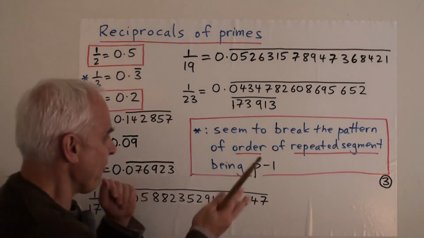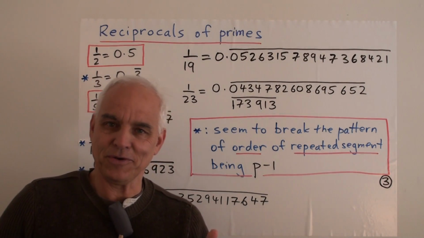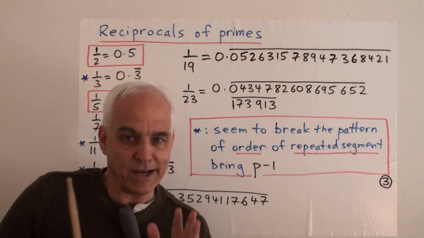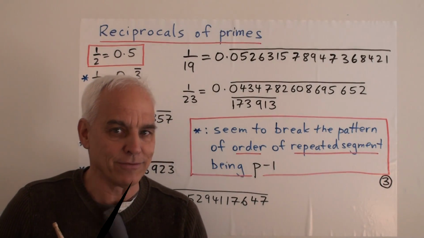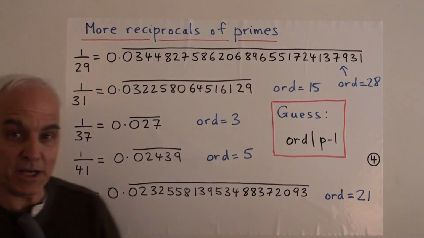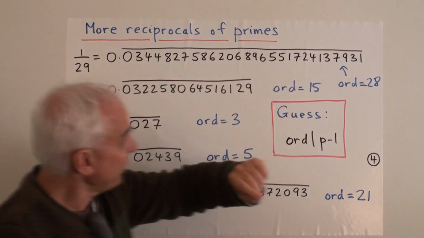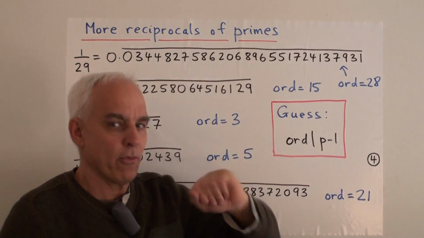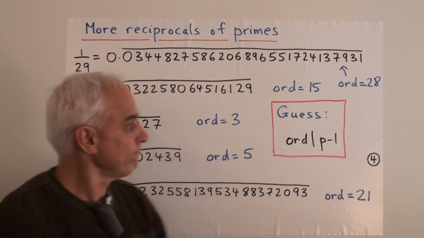Okay, so there's something of a pattern here, but it's not entirely clear how to predict the length of a reciprocal of a prime, although we have a kind of an orientation as to how it might go, or what the major possibilities are. All right, so let's have a look at some more data. Obvious thing to do. So if we look at 1/29, which is the next prime, then we have this sequence here. That's all repeated, and its order is 28. We'll use this term order to represent the length of this cycle that repeats, all right?